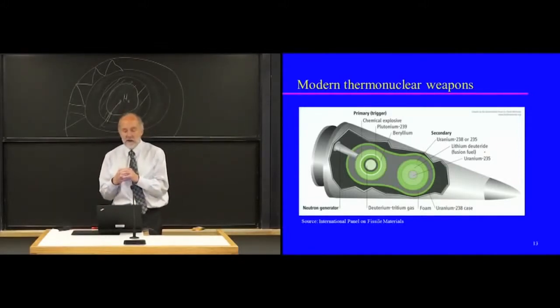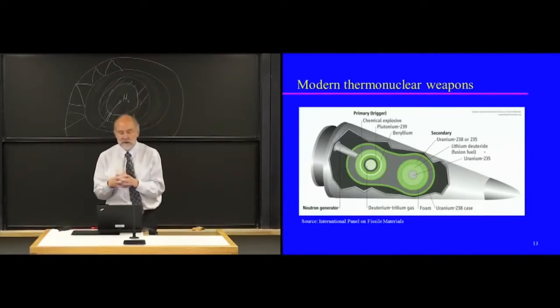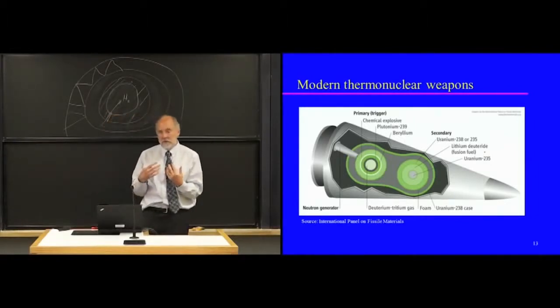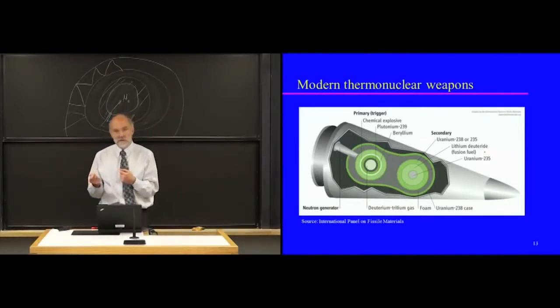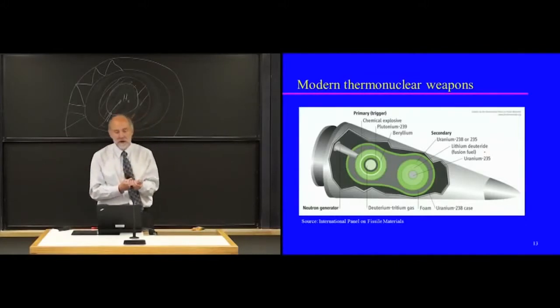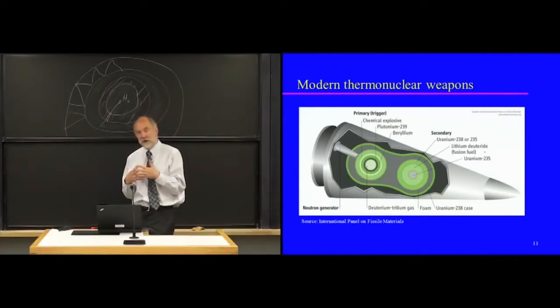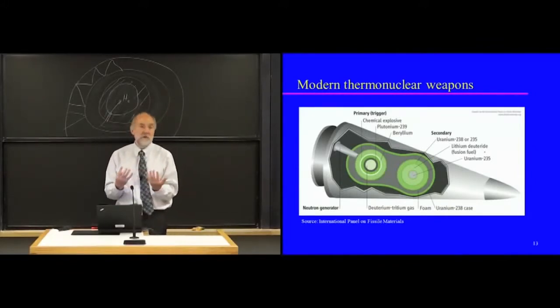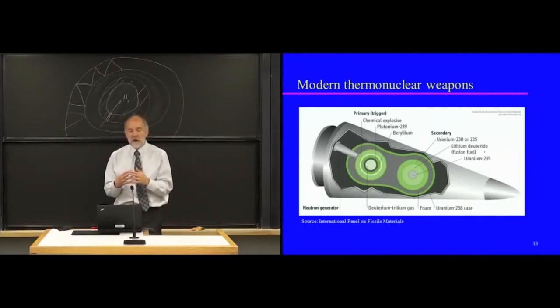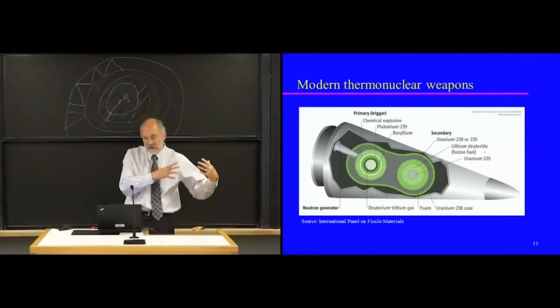The secondary will have lithium deuteride, typically. So that is the fusion fuel. The deuteride means it's got deuterium, which is in a chemical bond with this lithium. The lithium actually splits from all this energy and provides tritium that the deuterium can fuse with. Okay? So you have this energy from the fission and fusion of the boosted pit that is then focused on